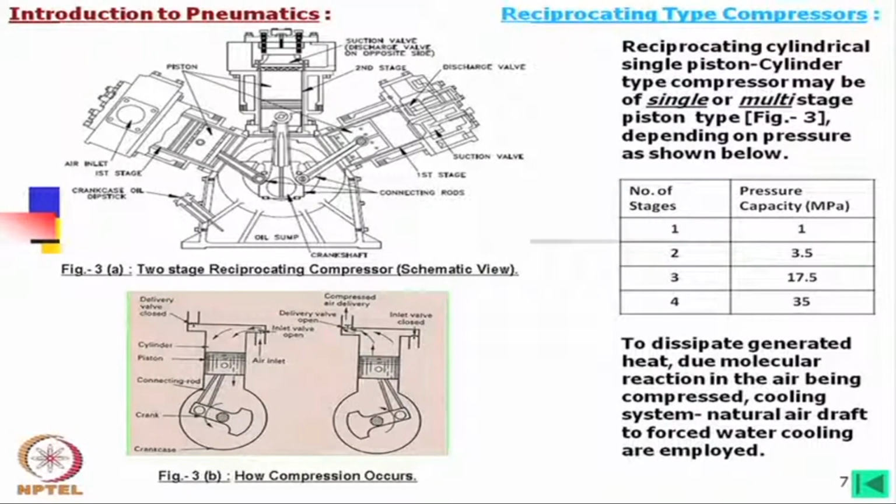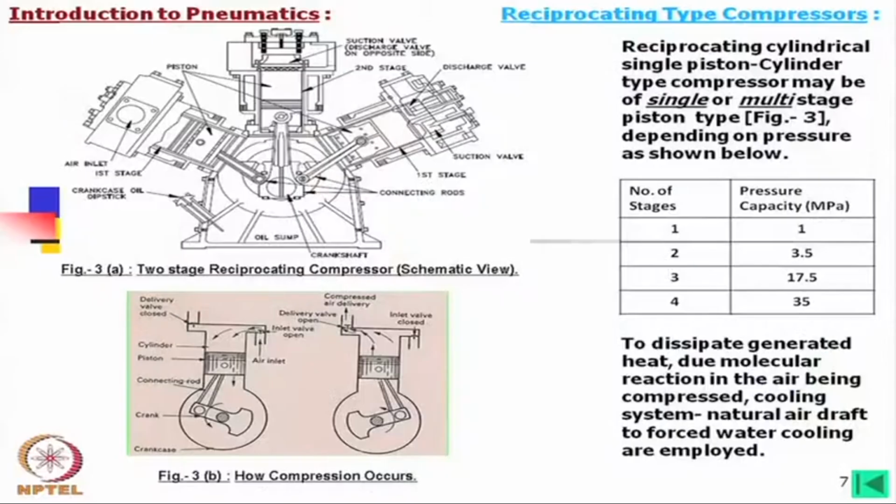That means for the small compressor you can simply use a fan just to cool, and this reservoir as well as the compressor outside body is made with additional heat dissipation area. That means fins are used. Even on the tank you may find that additional fins may be used just to cool it. But for higher pressure, maybe say in case of 2 stage, 3 stage and 4 stage,